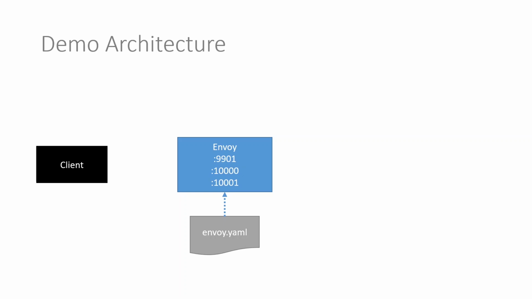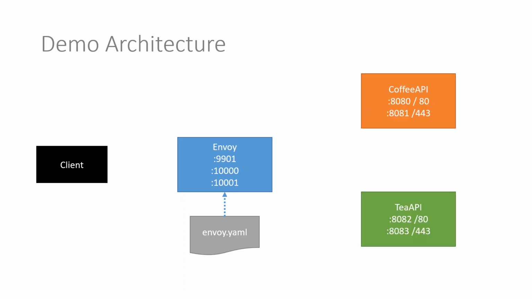I'll show you very quickly what that looks like when we take a look at the code. But as you'll have seen in terms of how we're going to step through this project, we actually spin up our 2 APIs first. They're just .NET Core APIs. We've supplied some external port mappings as they're running in Docker, so that we can access them directly from the desktop, but they also have, of course, the internal port mappings for HTTP and HTTPS.